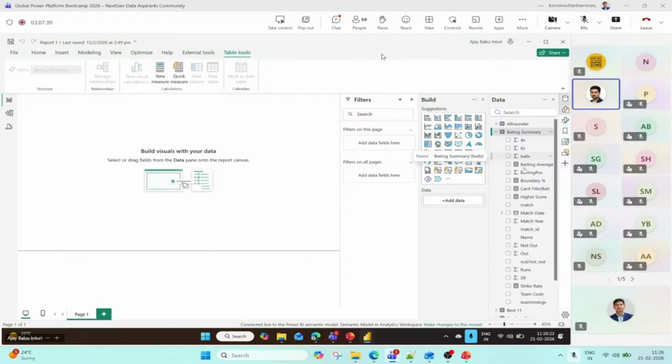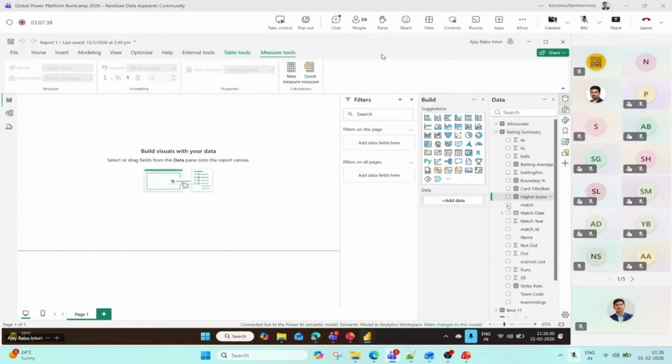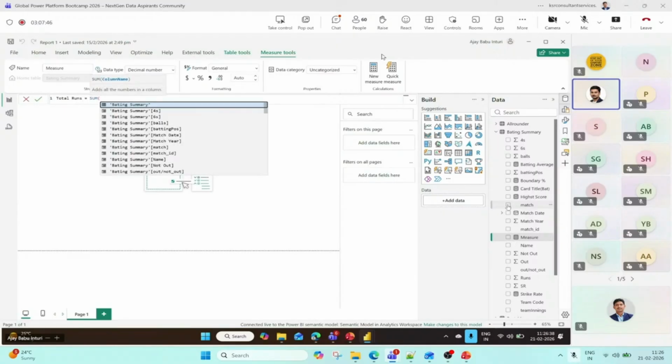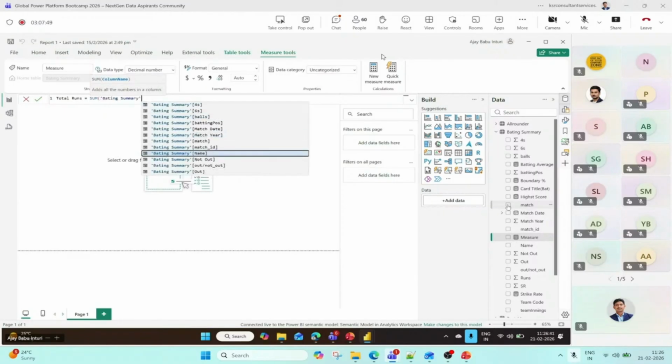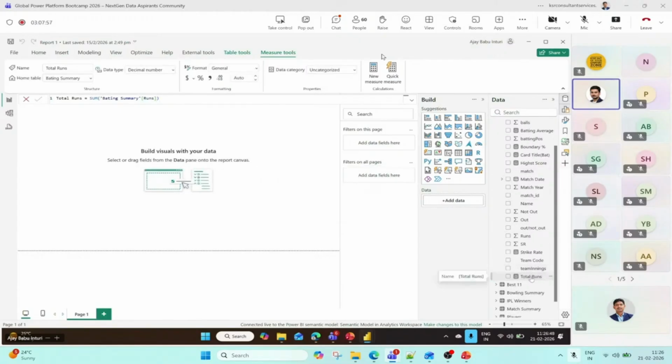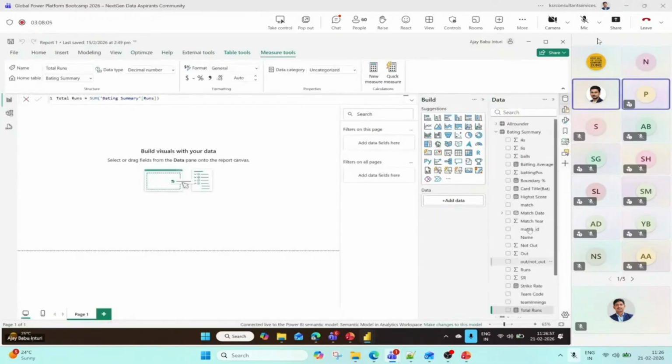So I want to see runs, like total runs. I think I don't have runs, right? So let me create a new measure, total runs, in batting summary. Can anyone tell me, is this measure reflecting in the semantic model? I think no, Ajay. No, even after publishing in the Power BI service, it will not